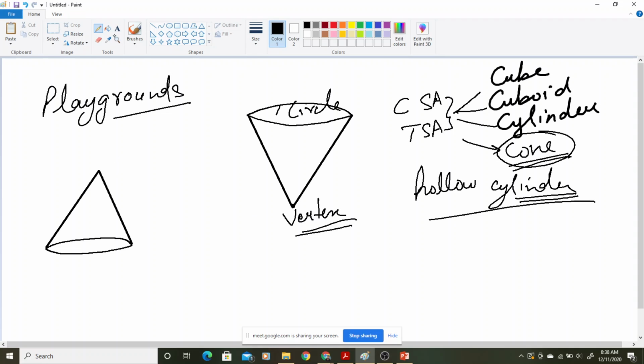Now suppose this cone is having this height. This is the height of the cone, h. And suppose there is a circle, and a circle is always having a radius. Some radius is there always for a circle. So when you are talking about CSA of a cone, how will you find it out? कैसे find out करेंगे हम CSA अगर cone का? Will it depend on this height or something else?